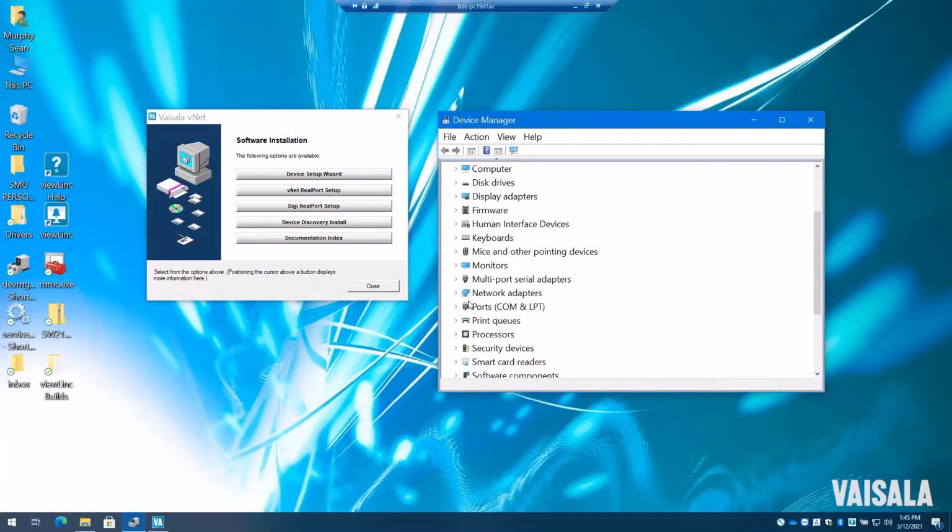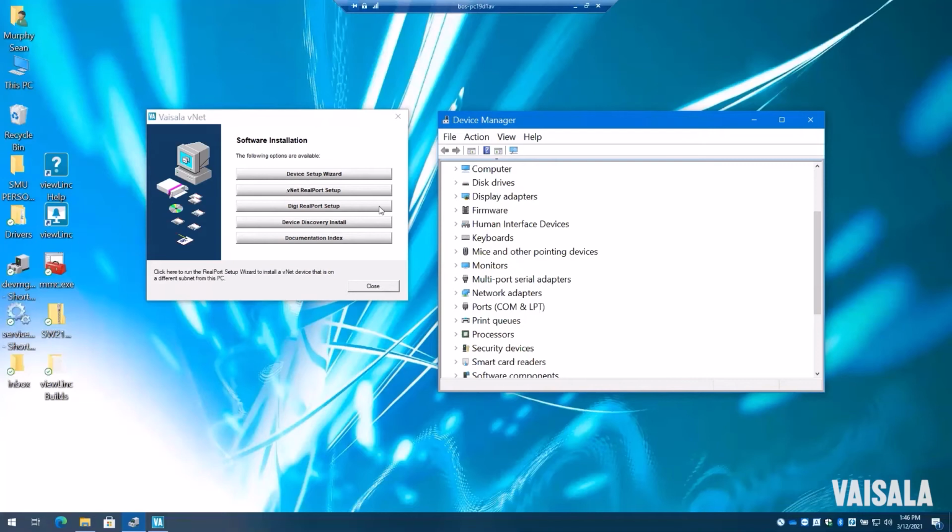With a VNet, it's always going to be one-to-one. You're always going to have one IP address associated with a COM port. With multi-port Digis, you'll have one IP address, and depending on the number of ports that Digi has, each one of those individual ports will have a separate COM address. And with Digis, they're always going to be one after the other. So in this part, I'm going to just get into the details with the VNet. In another section, I'll be going over the details with multi-port Digis.